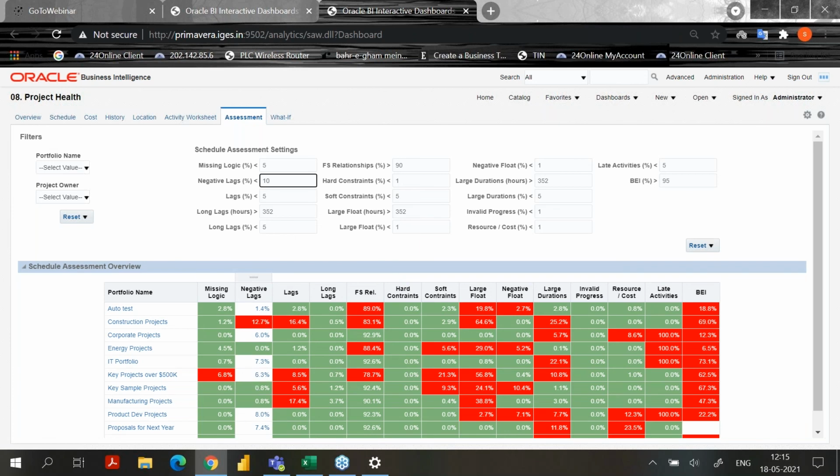See, this has been changed, negative lags. So you can see based on your requirement, you can configure this from all the projects in analytics. Yeah, that's all from my side, sir.